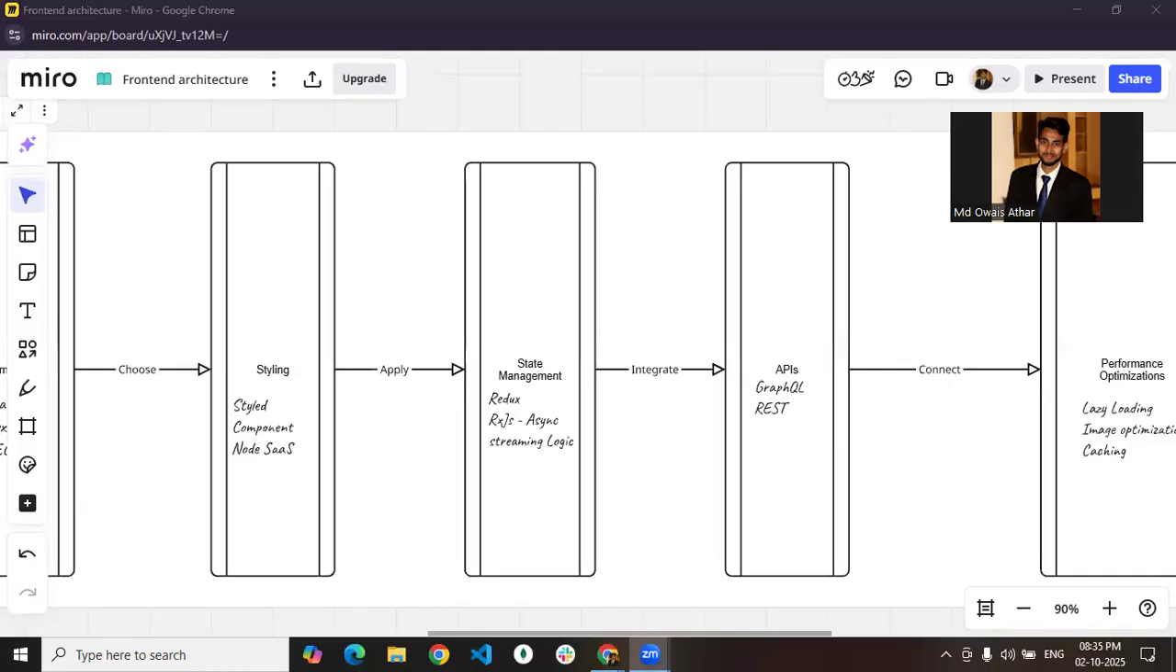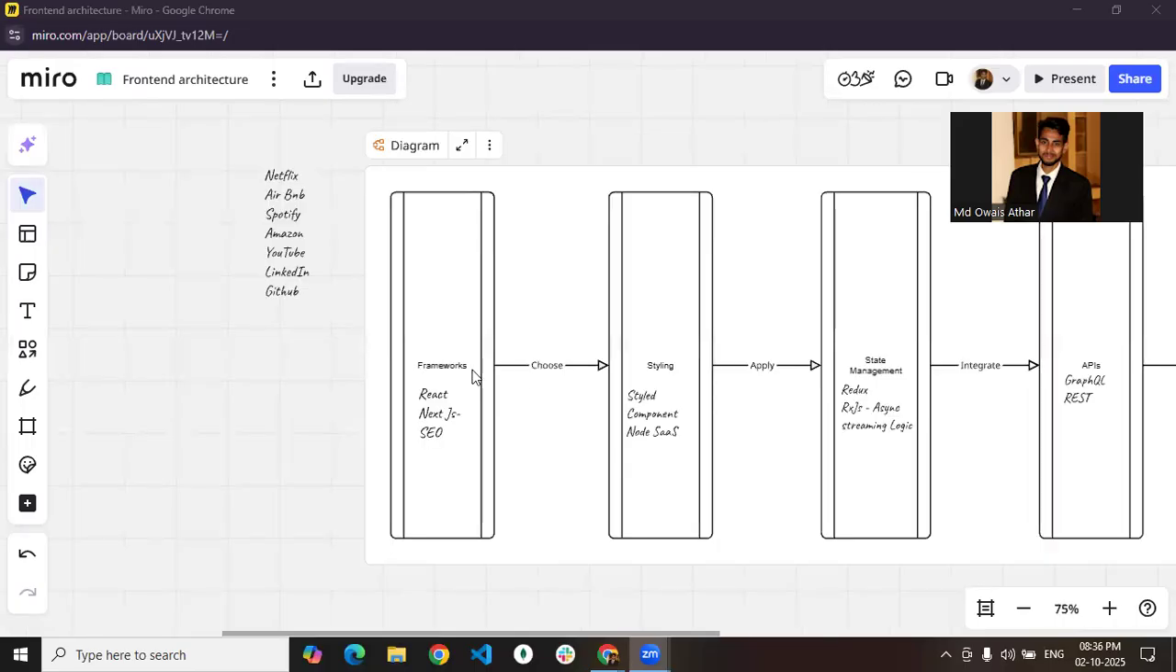So now let's discuss in short how Netflix is created. The frameworks are React alongside Next.js, styled-components, Node, Redux for state management, RxJS for async streaming logic, GraphQL for APIs. On the performance side, they use image optimization, CDN, performance optimization. Testing is handled by Jest and Cypress, and for deployment they deploy on AWS, CloudFront, S3